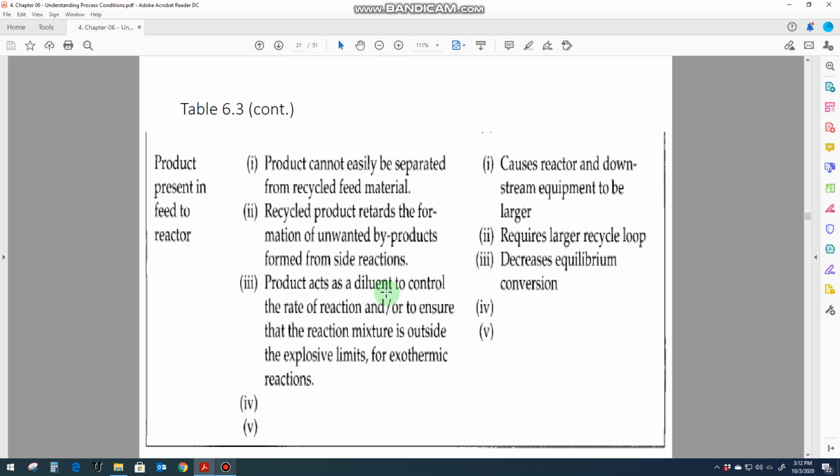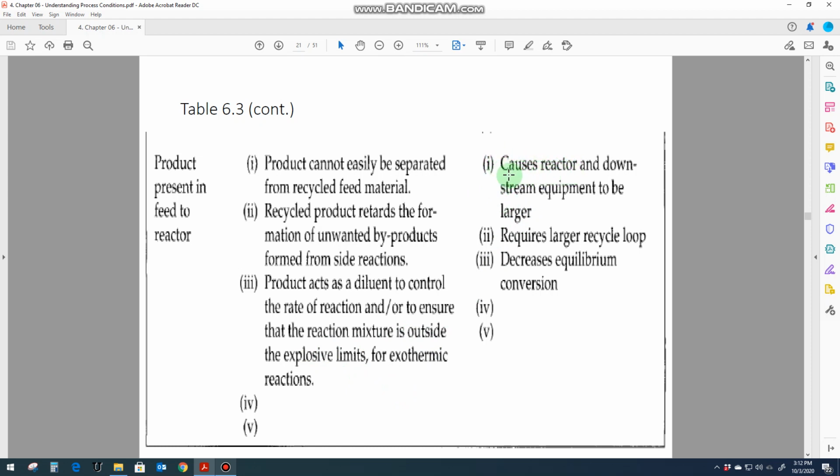Product acts as a diluent to control the rate of reaction and to ensure that the reaction mixture is outside the explosive limit for the exothermic reactions. So sometimes we recycle the product stream back into the reactor to push the reactant mixture outside the explosive limits of the process. Okay. Now, what could be the penalties on the process if we are using the product stream